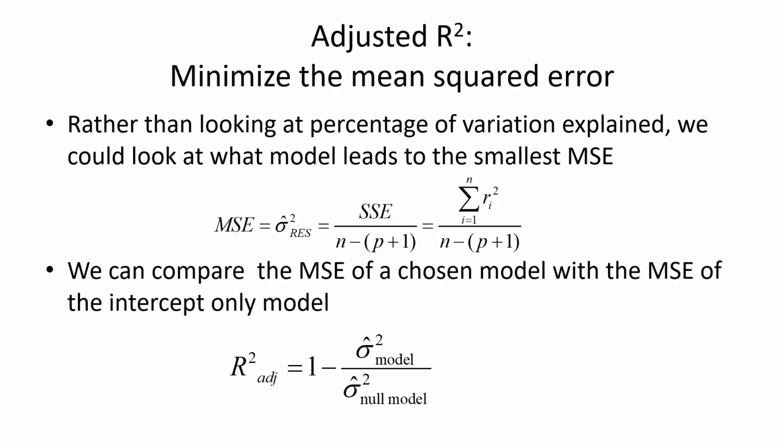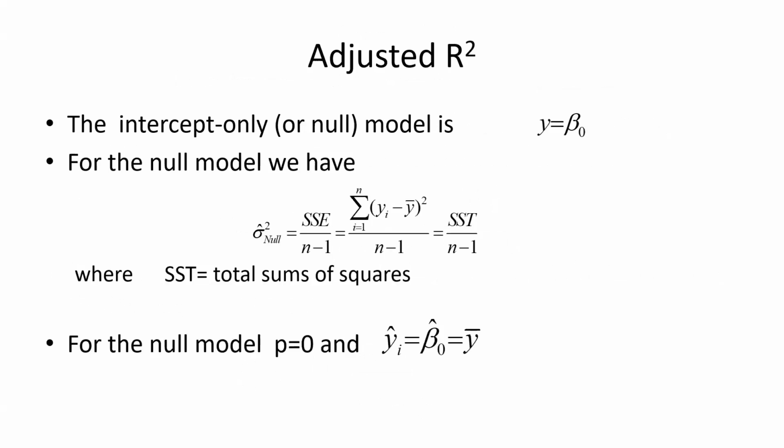So the model that minimizes MSE is the same model that maximizes the adjusted R squared. Why? Because the sigma squared of the null model, y equals beta 0, is constant. 1 is constant. So if I minimize this, then 1 minus something that I minimize is maximized. Okay. So I now have a new criterion, R squared, for the null model,